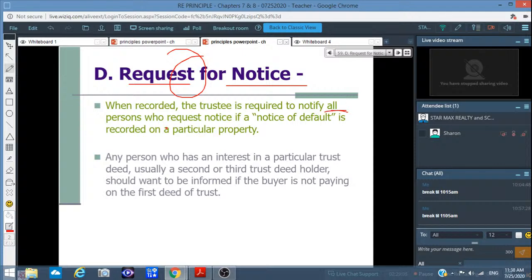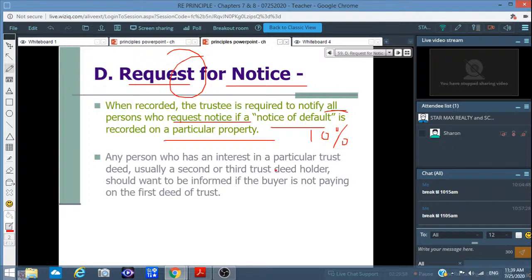person who requests notice if a notice of default is recorded on a particular property. So they know that it's being foreclosed and they try to negotiate with everybody to get the money back. Okay? 所以呢，他有这个 notice，他知道拍卖的情况，他就跟其他的银行去讨论，OK，可以要多少钱回来，OK，大部分的话 they get about 10% of the loan amount, okay, for second and junior liens。第二贷款以后加上第三贷款等等的话，因为他拿回来 10%，他们那个额度都算好了，okay。Any person who has an interest in particular